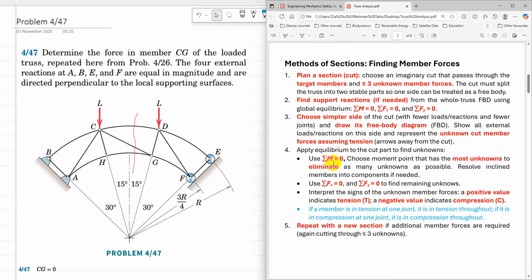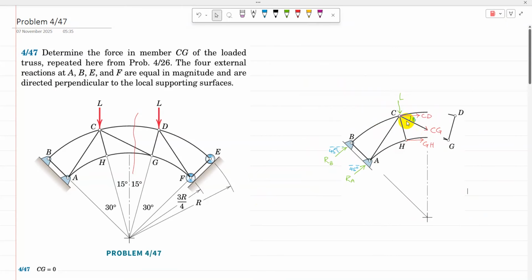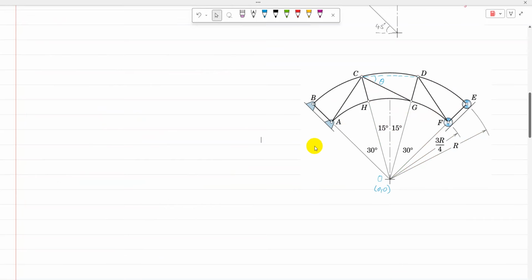So three conditions are available: sigma M equal to 0, sigma Fx equal to 0, and sigma Fy equal to 0. There is one inclined member CG and I need to resolve it into its components. CG makes an angle theta with the horizontal, and first I need to find that angle theta. So to find angle theta, the center of